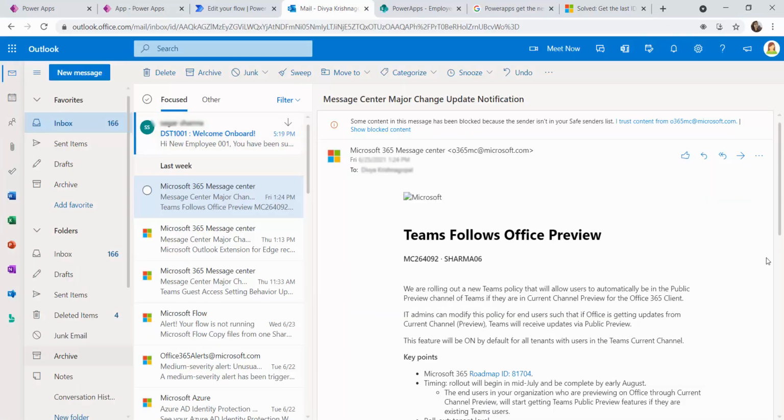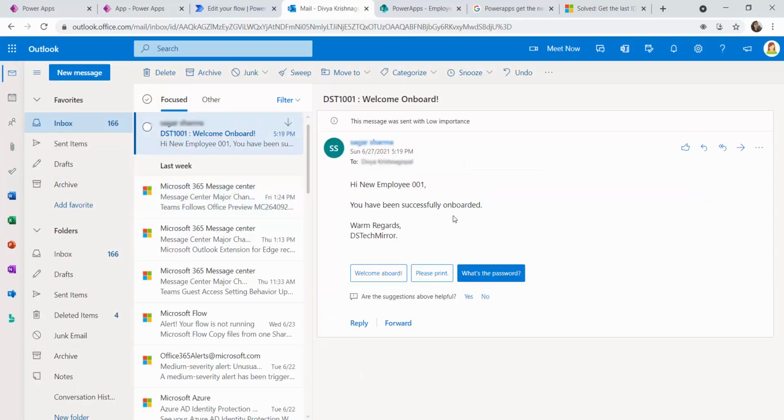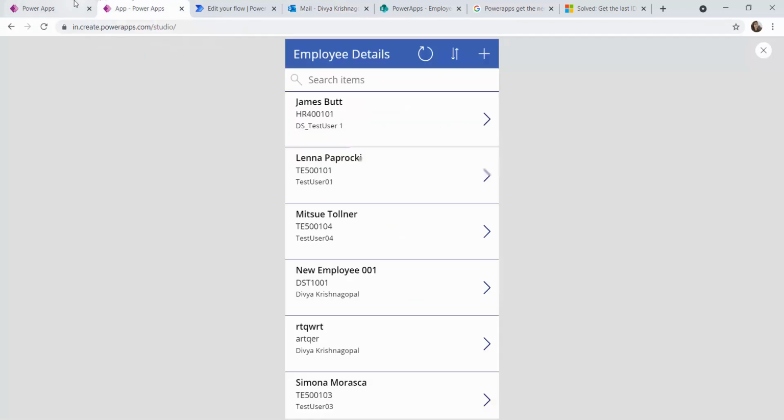You can see over here in the mailbox, I am able to see the mail. The mail has come successfully. And if you notice, the to address is somewhat different, and the from address is different. That is because it is a simple Power Automate operation that we have to correct.